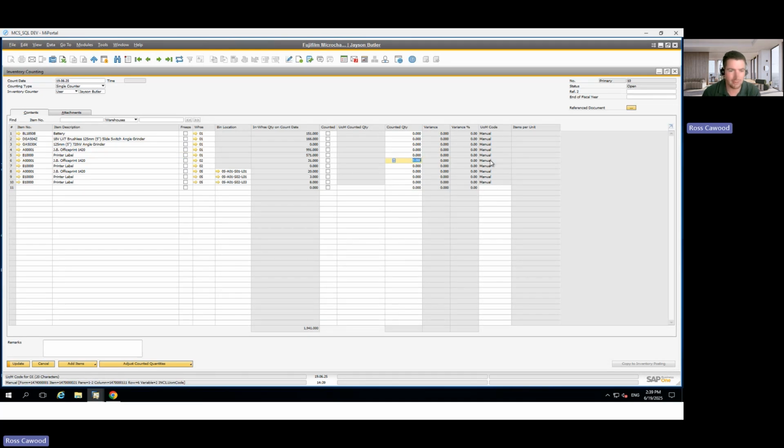So for example, here I can say I counted 30. Here I'm just going to say 0 for that particular line. And here I'm going to say I counted 30 as well. And because we've got a variance of over 5%, we can see that line is now highlighted in a different color. Okay. Once you update that and you're ready to do the postings,